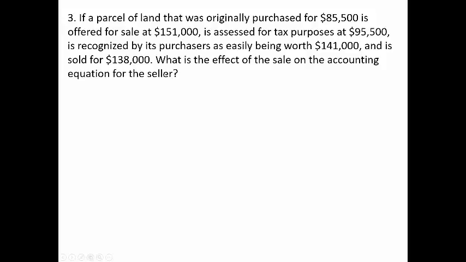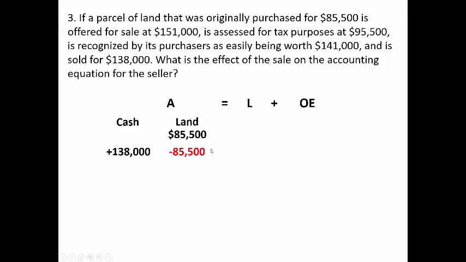Okay, remember, the seller bought this land for $85,500 and now is selling it for $138,000. So let's see in the seller's books how the accounting equation is affected. There's the accounting equation, and there's the original land that we purchased for $85,500, and now when we sell it for $138,000, we take in the cash at $138,000, we reduce the land account not for $138,000 but for $85,500, and the difference looks like is going to be a gain on the sale,